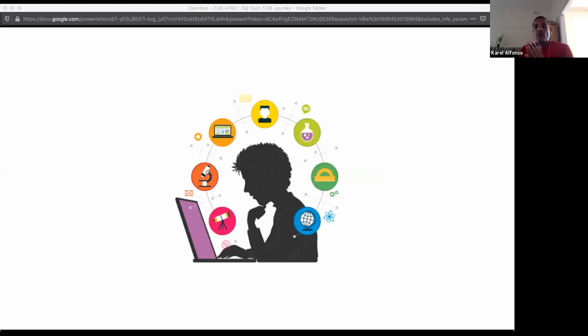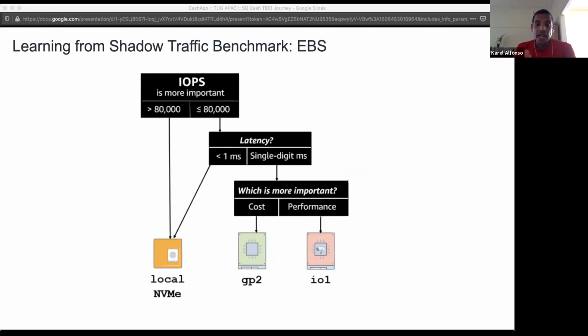So we decided to run some experiments. The first thing that we did was run load tests and benchmarks, just to get familiar with the tool at the start. We set up this service so that it consumes from Kafka, taking shadow traffic from real production systems. This would allow us to understand how the system will behave when we decide to roll it out to production. So let me show some of the learnings that we got from running this particular service in shadow traffic mode.